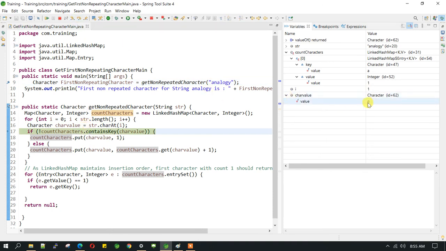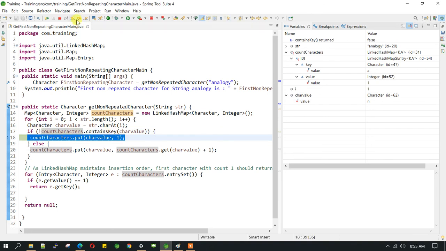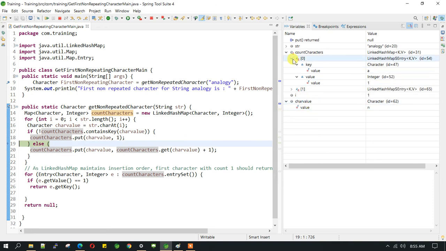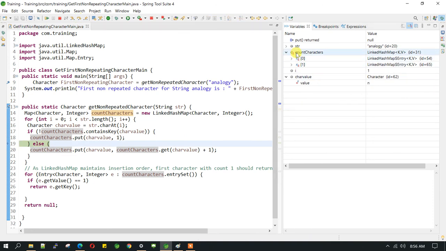The value has changed to n. Again it doesn't find this key there, so it goes to this condition and adds the value. Now we have two values here: the key is n and the value is 1.